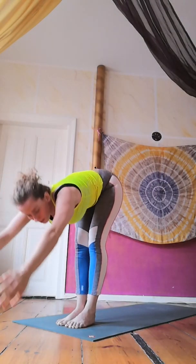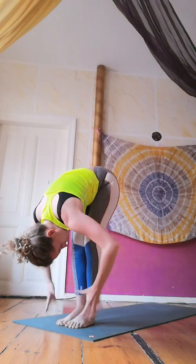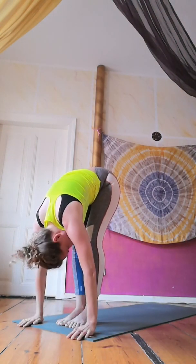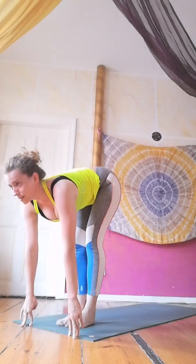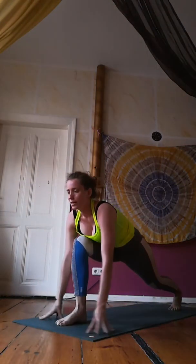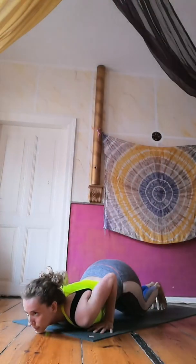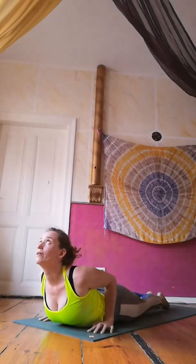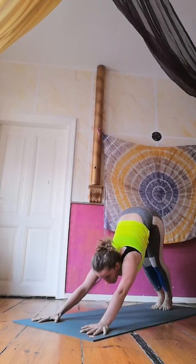And as you notice here, this is already one inversion because your upper body is halfway, it's facing down, so you're getting another perspective already. So on the next inhale, raise up and exhale, right foot back, low lunge, look up, inhale, knee up, exhale, step back into plank, inhale, knees down, exhale, Ashtanga, inhale, cobra pose, exhale, push up and back,